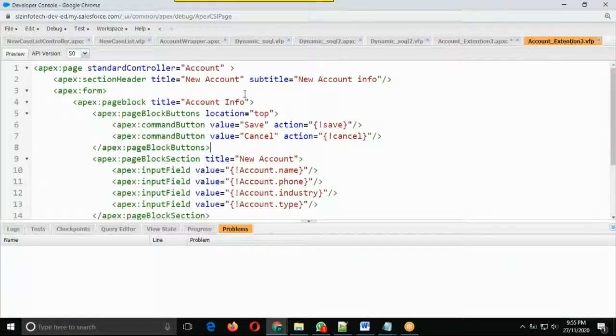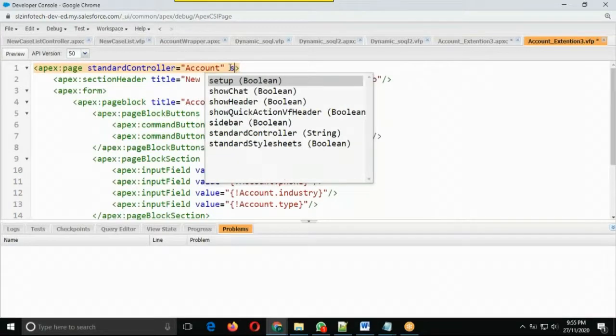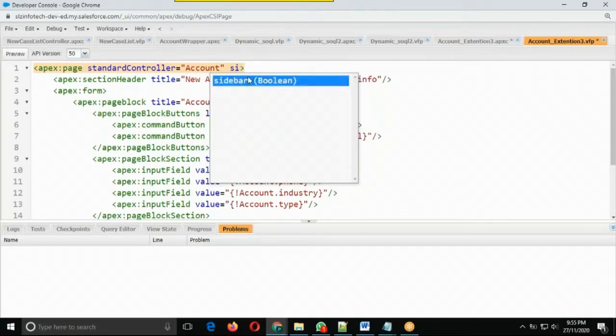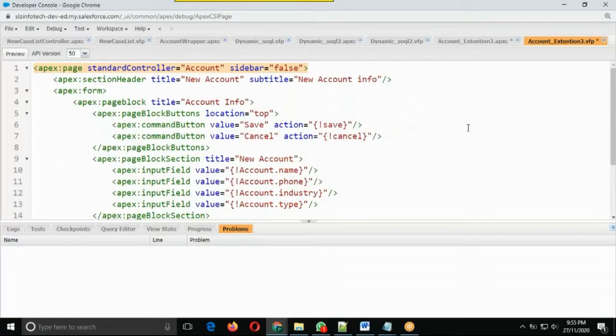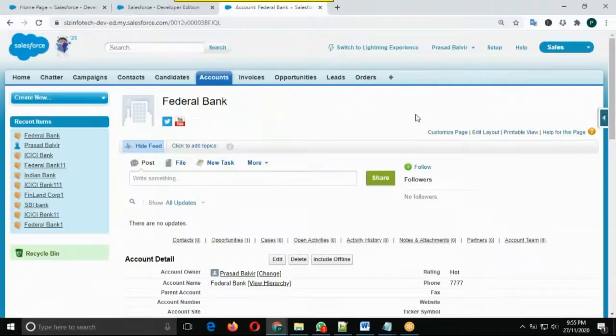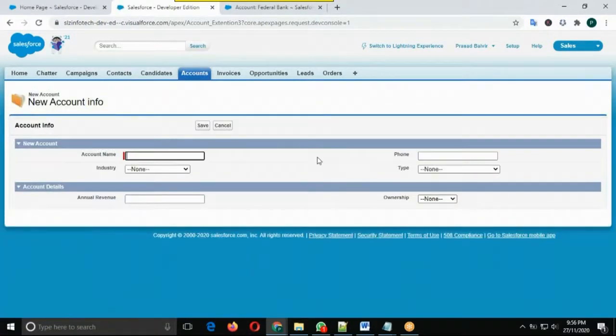If you want to hide something, if you want to customize in your way, we can hide the sidebar here. So with a different look and feel, different features, we are overriding the standard features.